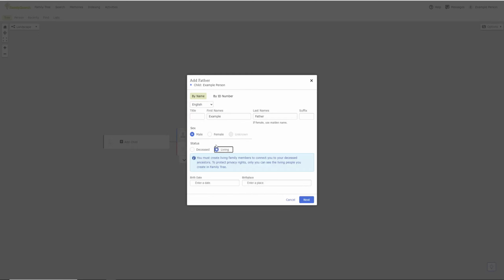Let's click living. Now, one thing about FamilySearch is if you're entering in information about a living relative, yourself, a child, a parent, aunt, uncle, brother, sister, only you can see that information. It does not go any further than your account. So if someone else wants to find you, they need to create a separate entry for you. They cannot link to you,